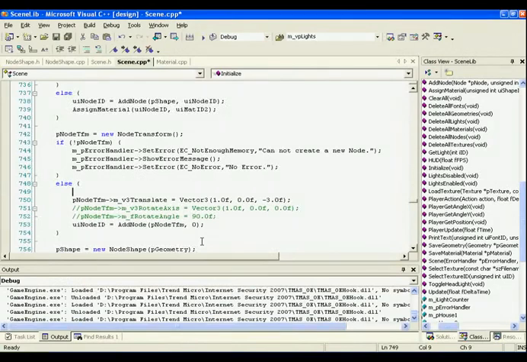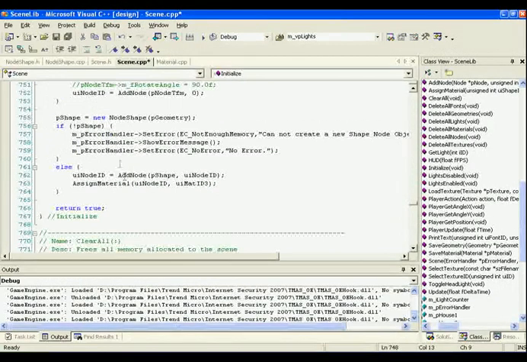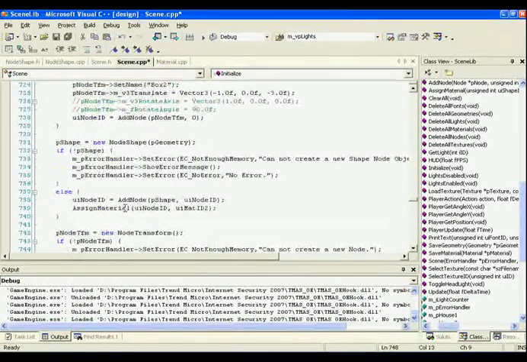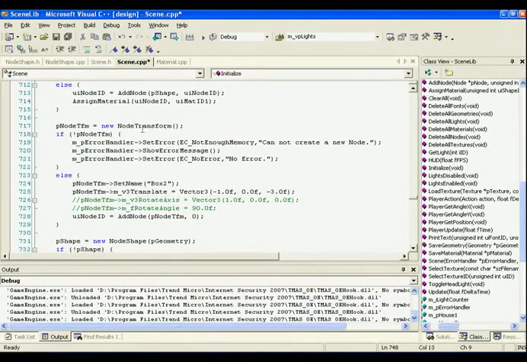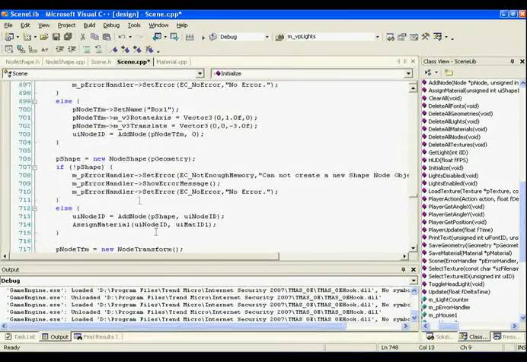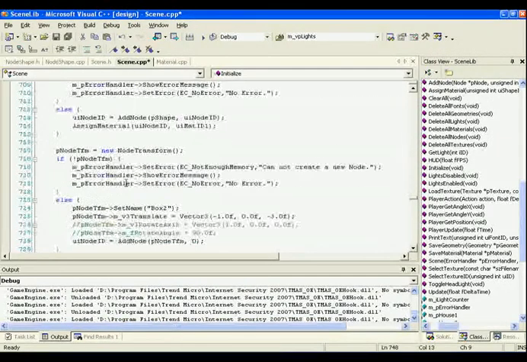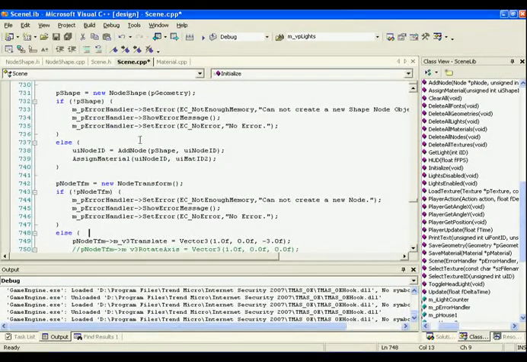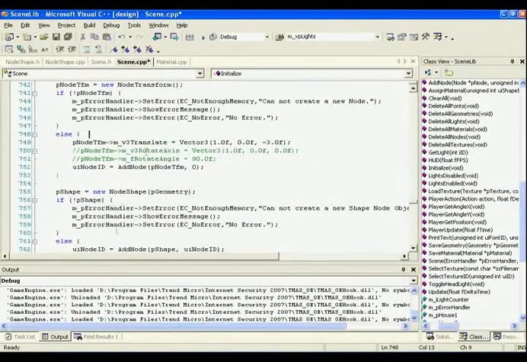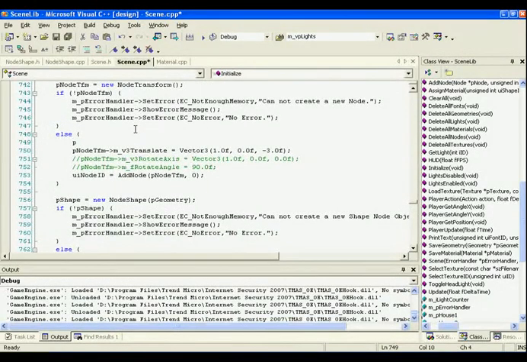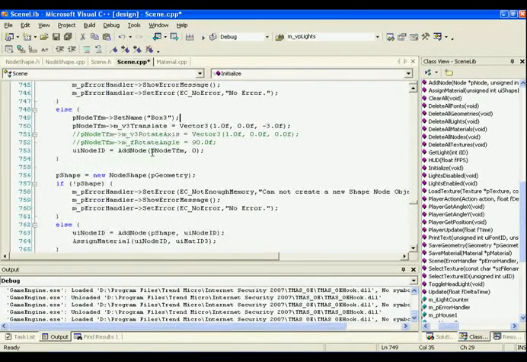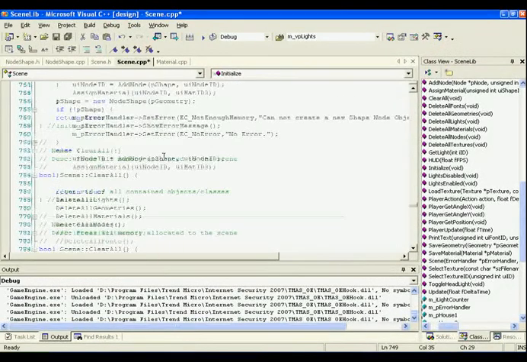oh, I made a mistake here. Or no, this is correct. I should be naming the transform nodes, not the shape nodes. So okay, no, that's correct. I was naming the transform nodes. For some reason, I thought I was naming my shape nodes here. Okay, so pnode transform set name box 3. Okay, now that my boxes have names, inside of the update,